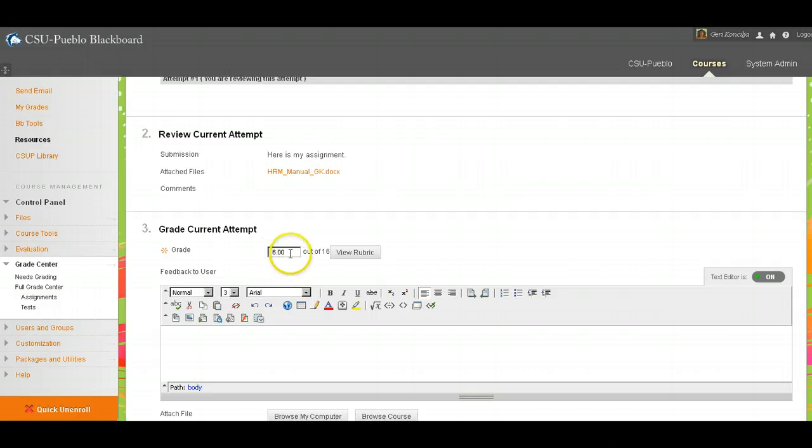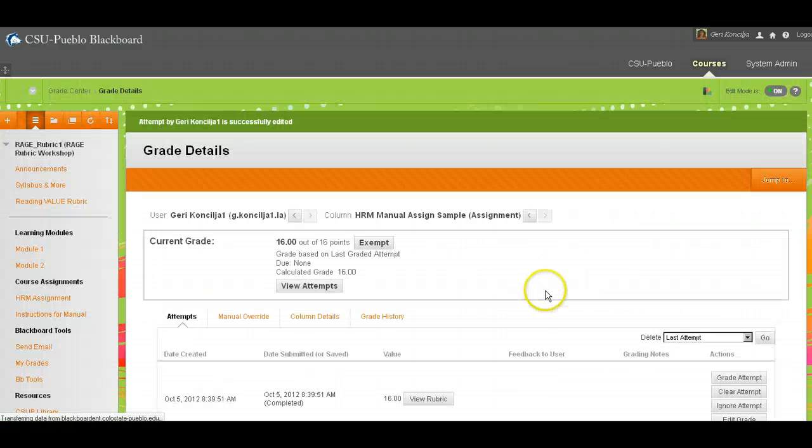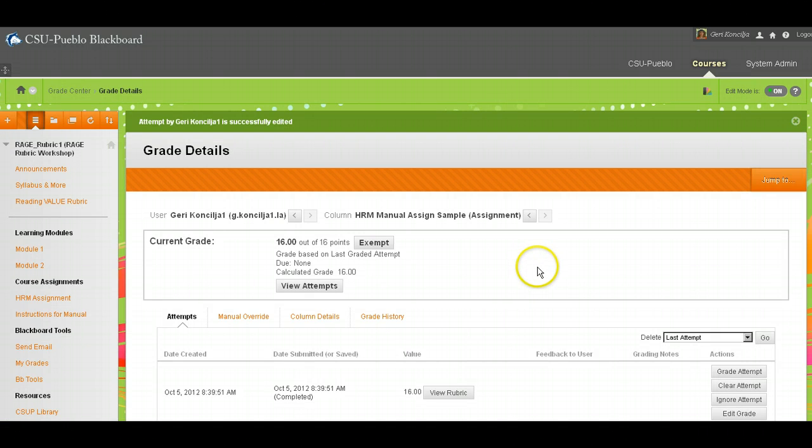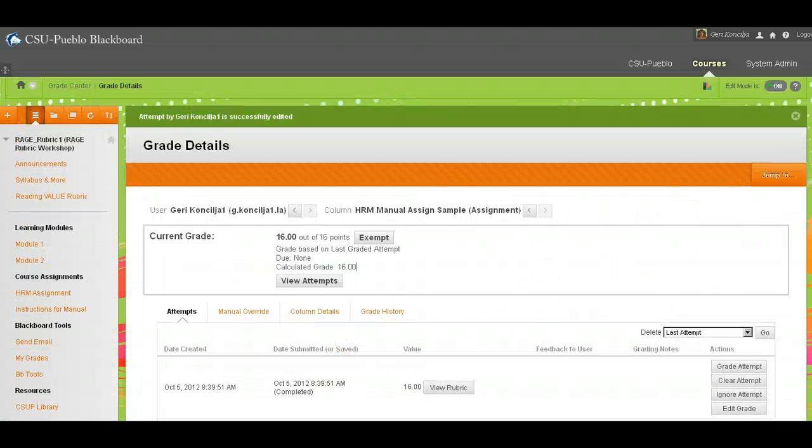and it automatically drops my points in from the rubric, and I'm going to go down and I am going to submit. And now that student will be able to go back to their grade book in their Blackboard account and view not only the grade that's been submitted, but also the feedback that's been provided on the rubric. Okay, so that finishes this